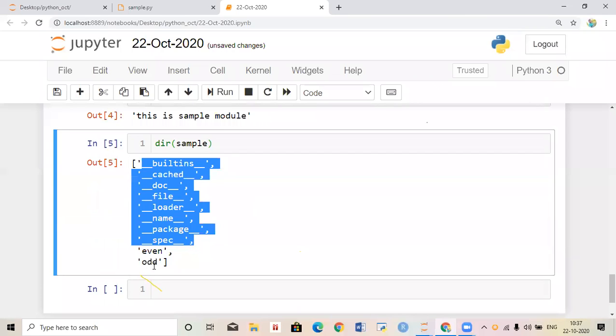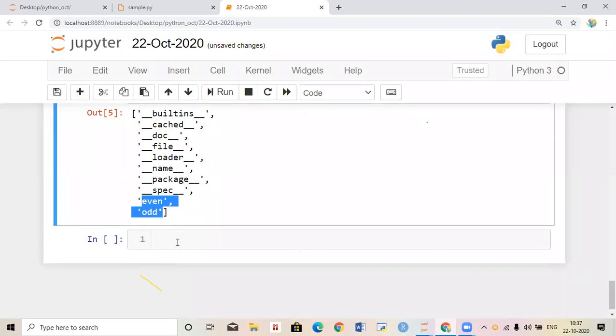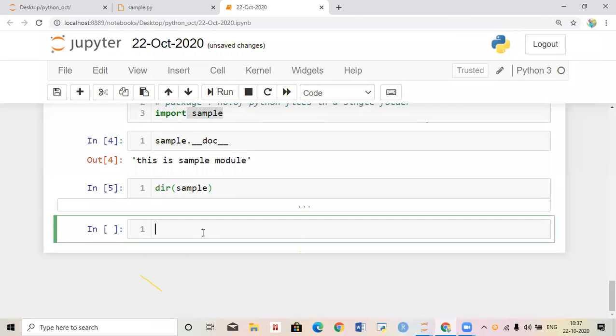Now coming to the methods. How many methods are there? That is even and odd, two methods. Now I want to call even. How to call it: sample dot even.